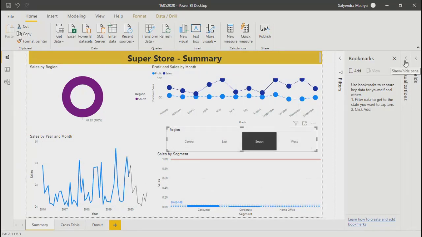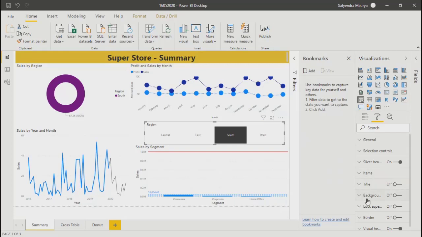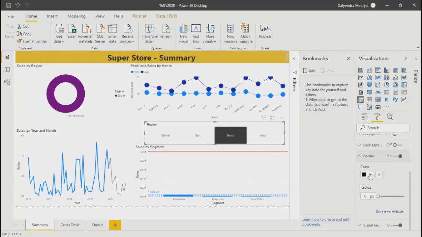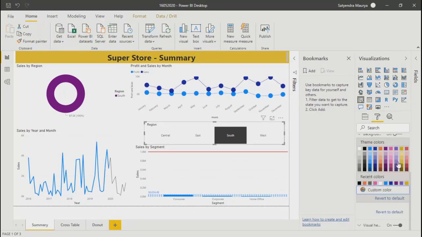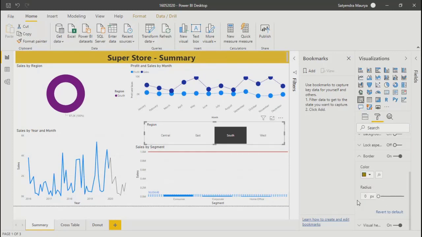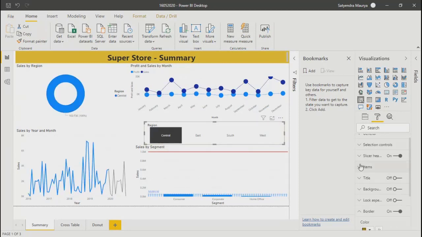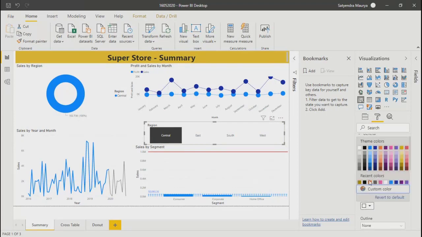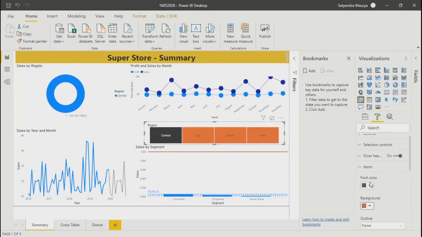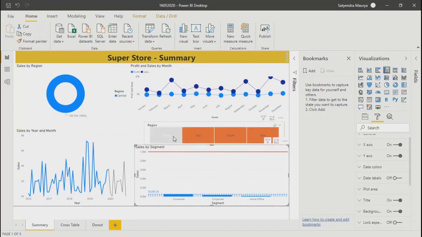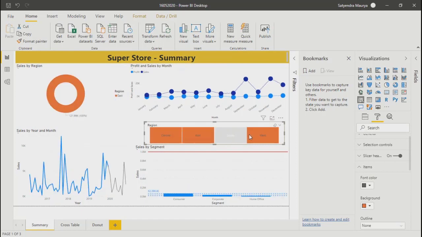Let me just change its border at least so that it will look a little better. Okay, so at least we can see it now.